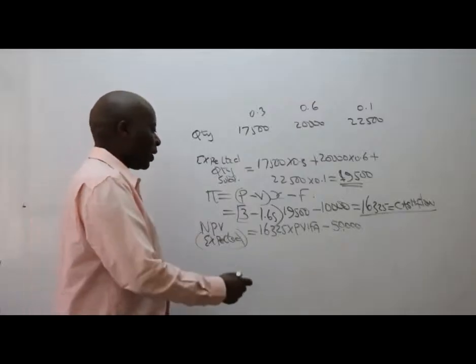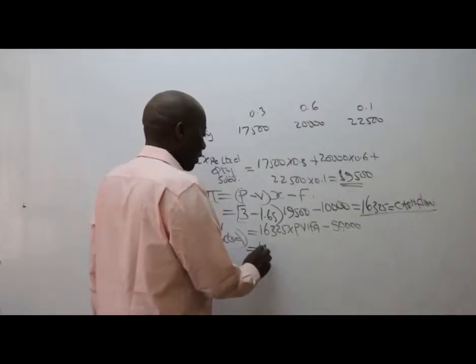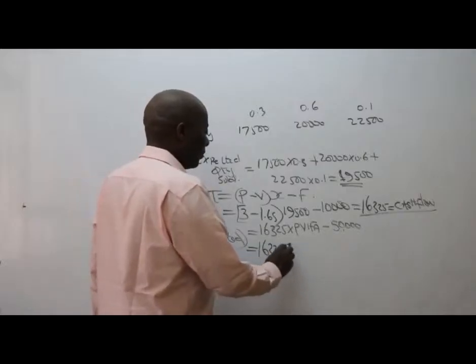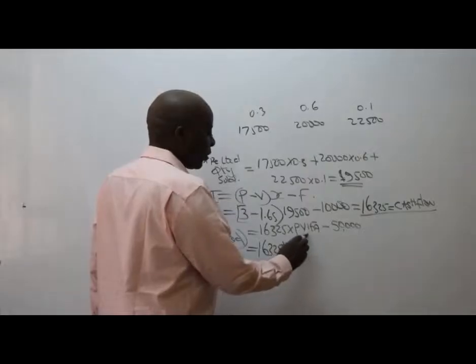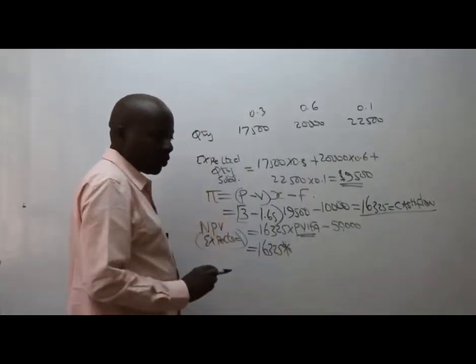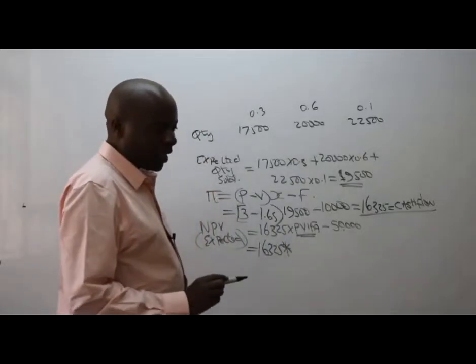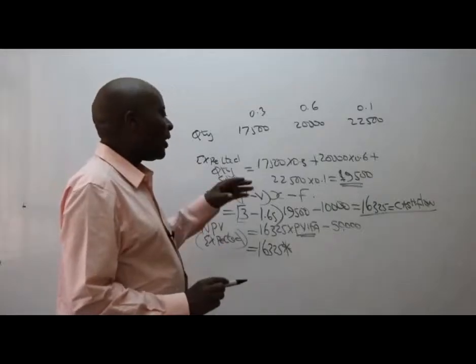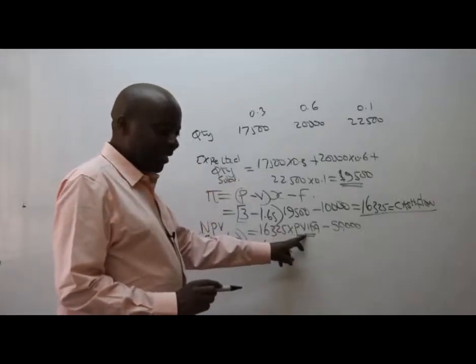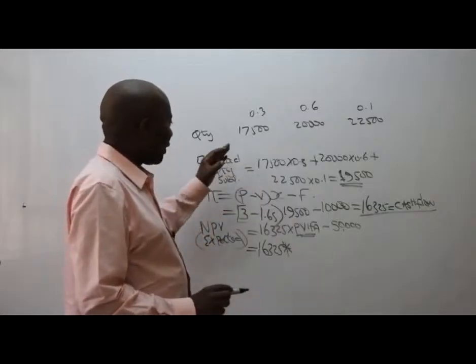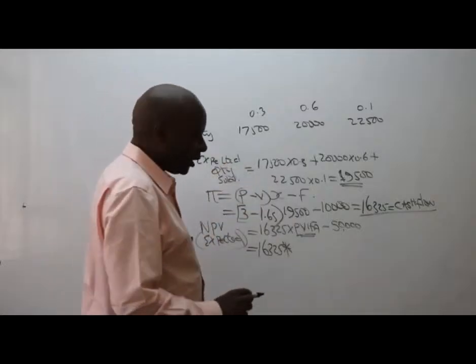So then we have here 16,325. Can somebody remind us what the PVFA was? Nothing is changing here really. The only variable that changed here was the quantity. The PVFA is